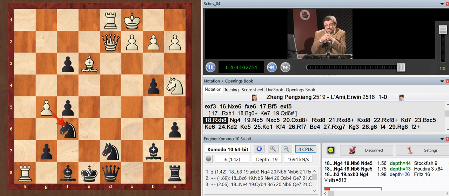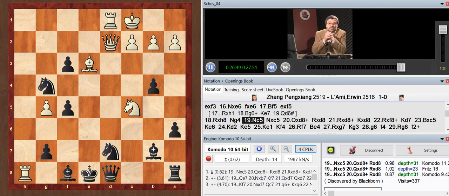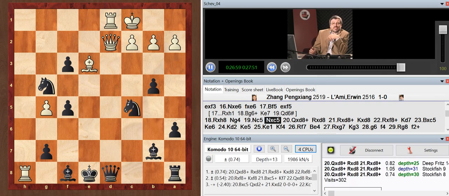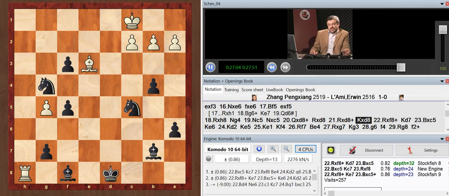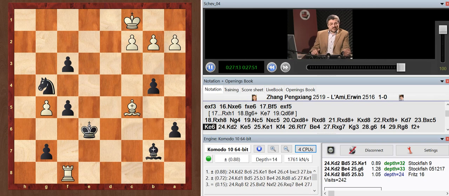The other rook is on d1, so the black defense becomes very charged, and after knight g4, even the modest knight on a5 is taking an active part. So after knight c5, black felt compelled to take on c5, and after the exchange on d8 and rook f8, king d7, bishop c5, we see that actually white is materially ahead, and black had to defend the pawn on f5, otherwise rook f5 wins on the spot.